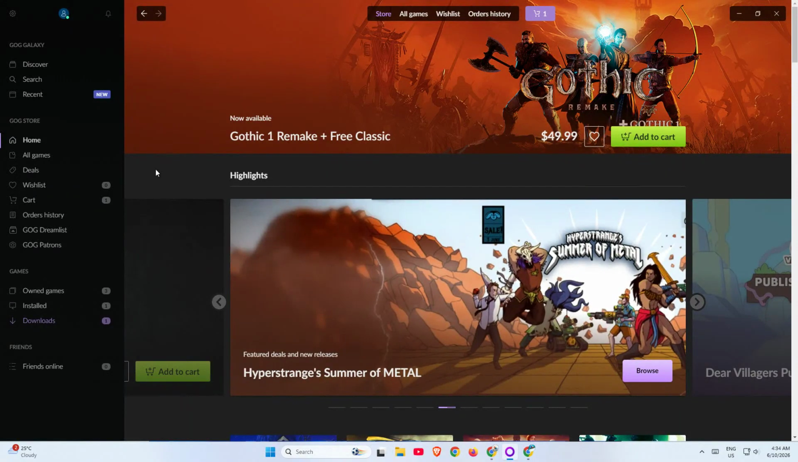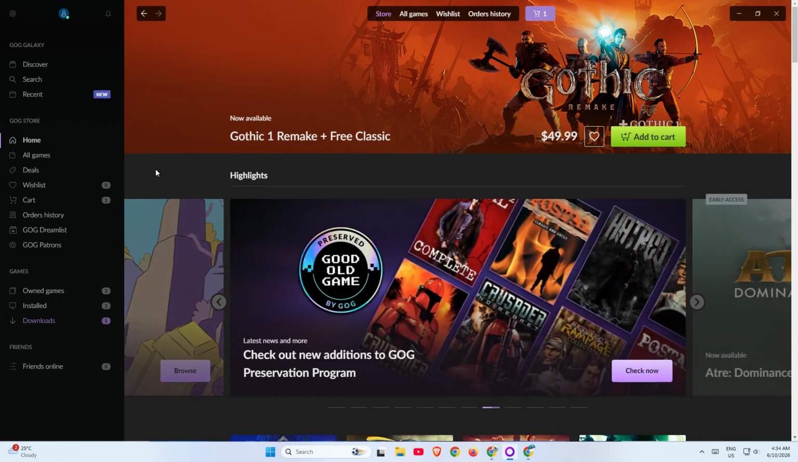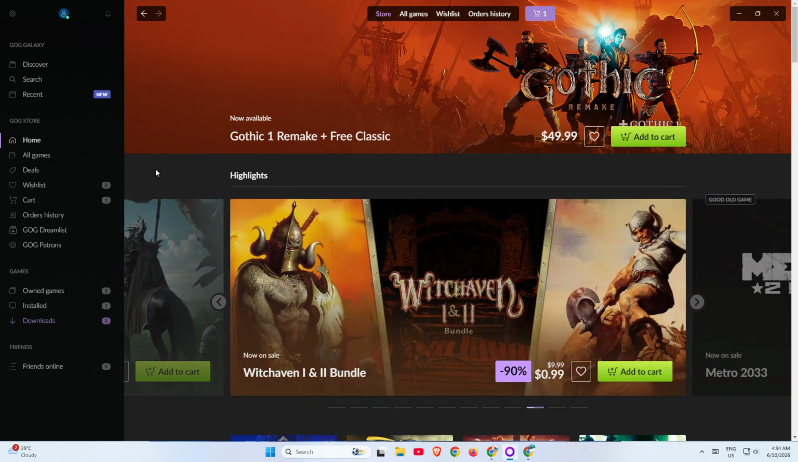In today's video, I'm going to show you how to update GOG, specifically GOG Galaxy, in just a few simple steps. This is a really quick tutorial, but it can save you time if your launcher is acting strangely, not loading properly, or if you just want to make sure you're using the latest version with the newest features and